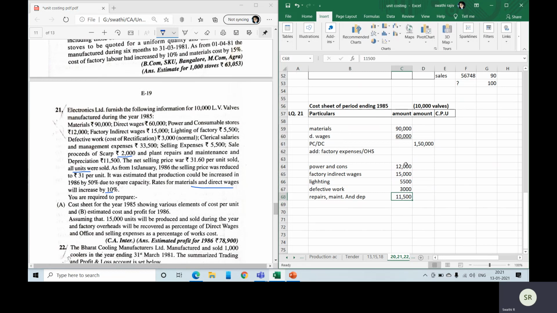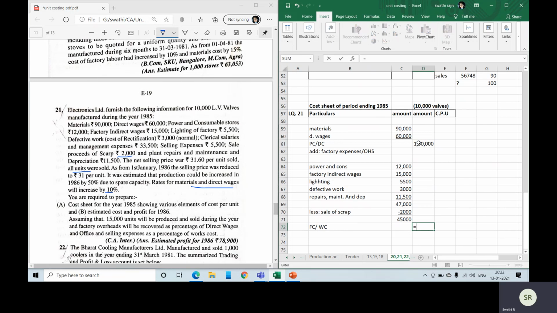Once you total all these amounts, we will get 47,000. We also have scrap, so that is reduced from here. Sale of scrap is 2,000. Then we will find out our factory cost or works cost, and that will be